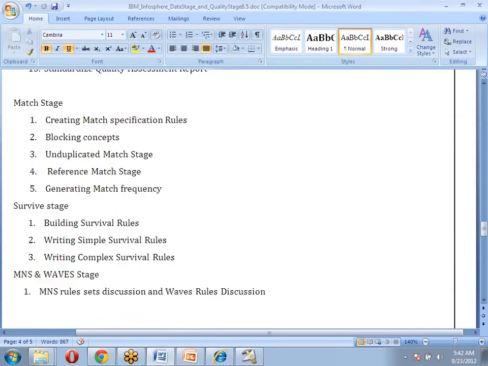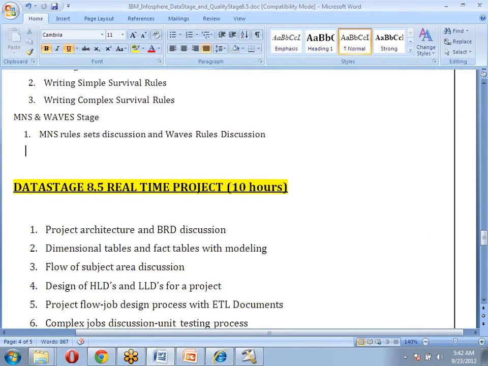Once this QualityStage part is done, we will go for one live project, one other real-time project, and we are going to discuss that project. Because if you know only the tool, it's not so easy to understand the entire thing in the tool itself, and it's not so easy to work in a company when you get a job. We also need to know at least one project process, how we are going to implement the project,